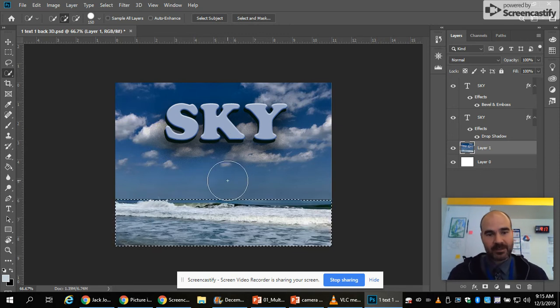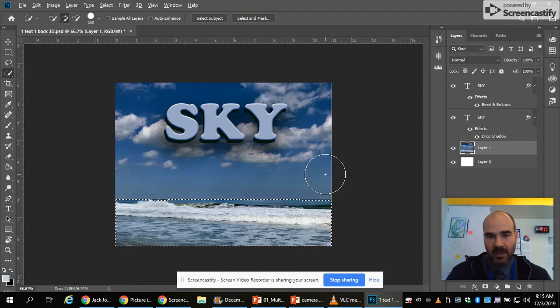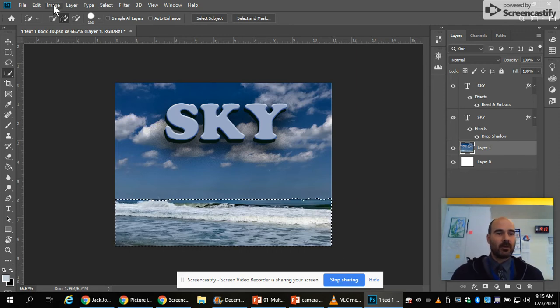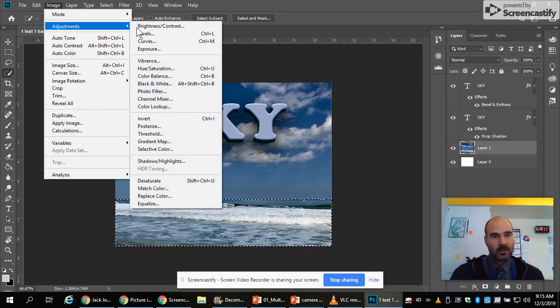You can see it's got the plus sign in it. If you want to select less with this tool, hold down Alt, and you'll see how that plus turns to a little minus, and then I can subtract an area if I wanted to, but I don't. I want this water, and I want this water Technicolor rainbow colors. Let's get all that water selected, and then over here, I'm going to go to Image, Adjustment, and I'm going to add,